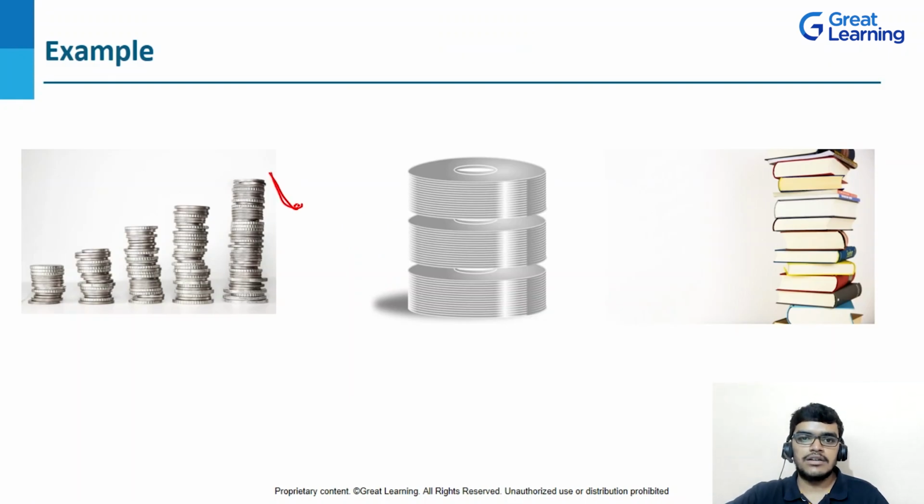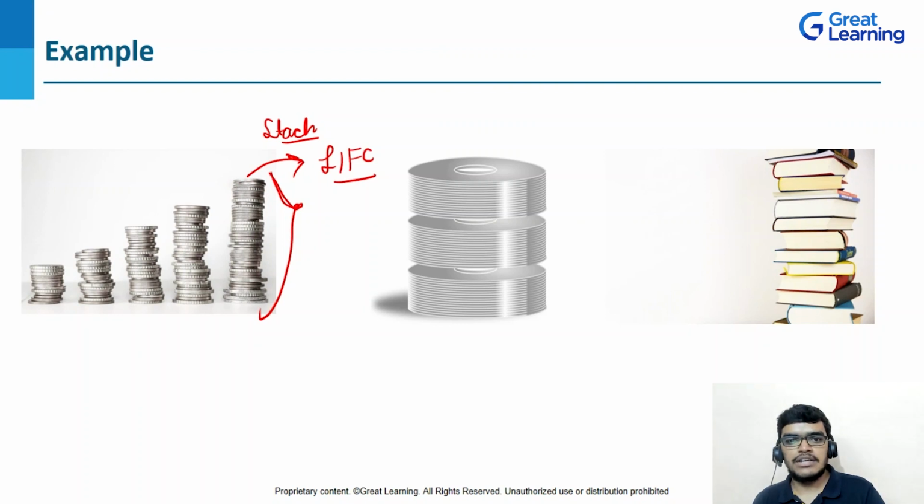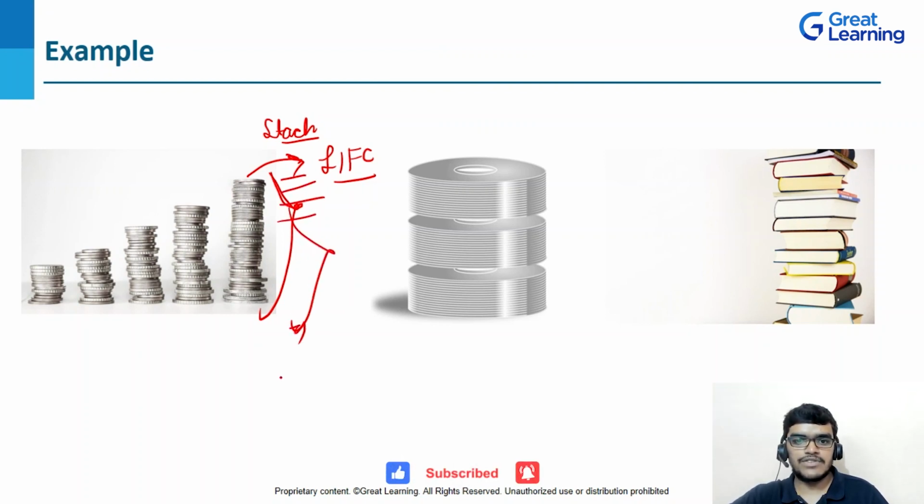So you can see here, this is my pile of coins, right? So this can be considered as an example of stack. Why? Because the last coin is removed first here. So this follows last in first out. So I will remove one coin, one coin. If I am removing step by step, that means the last coin will be removed first, and in this way I can remove one coin after another, and this will be an example of stack.